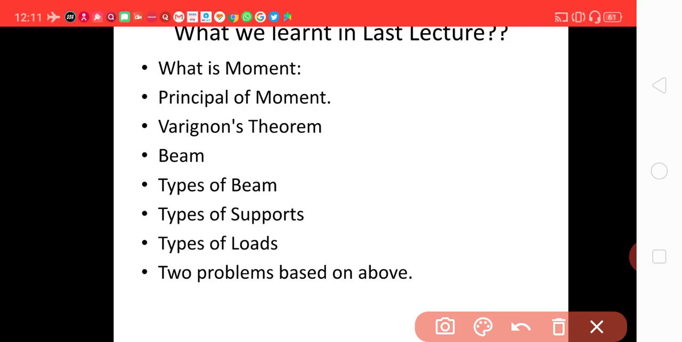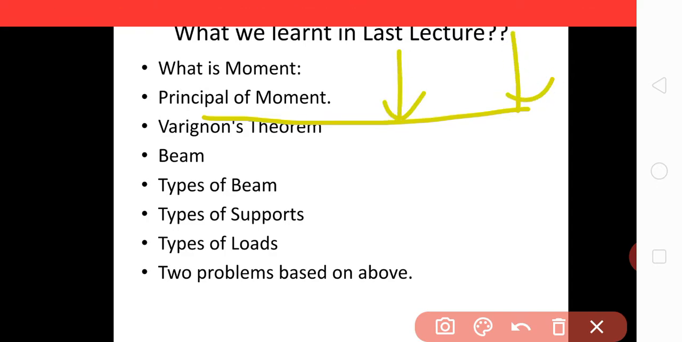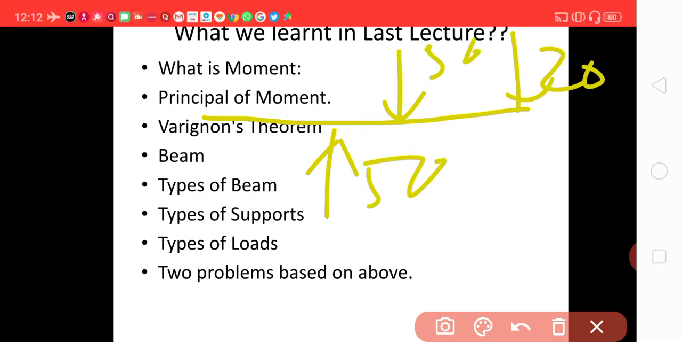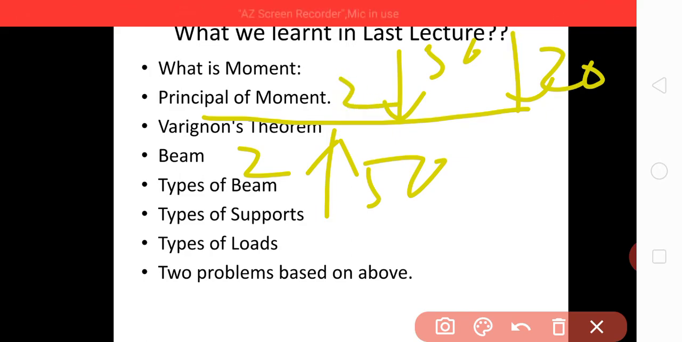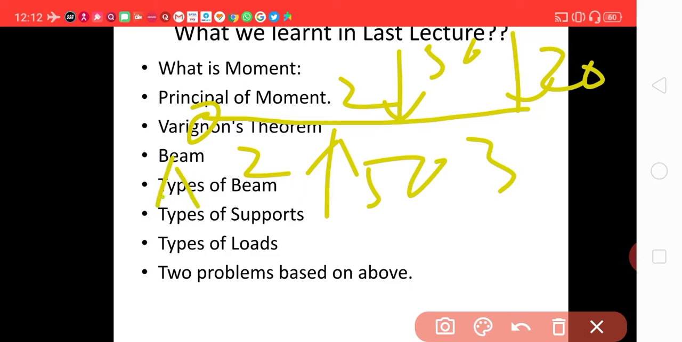For example, let us take this is a line. On this line, these many forces are acting, say three forces, 20 Newton, 30 Newton, 50 Newton, with 2 meter, 2 meter, 3 meter as the gaps. This is the moment center A. Then the moment of these forces about A will be, say, equal to,